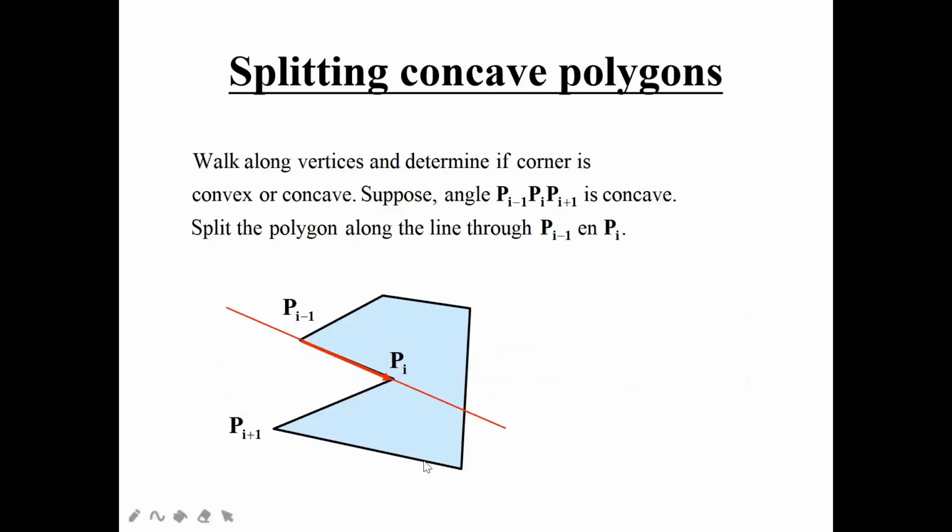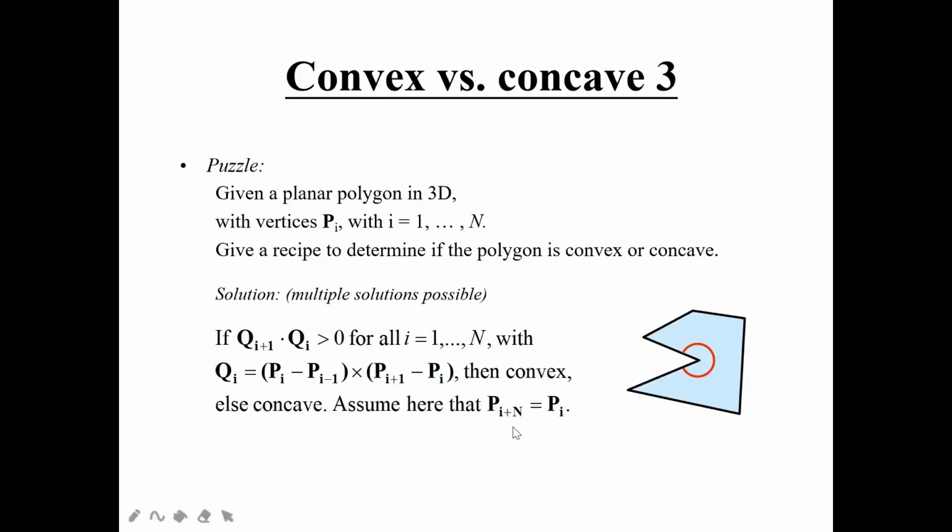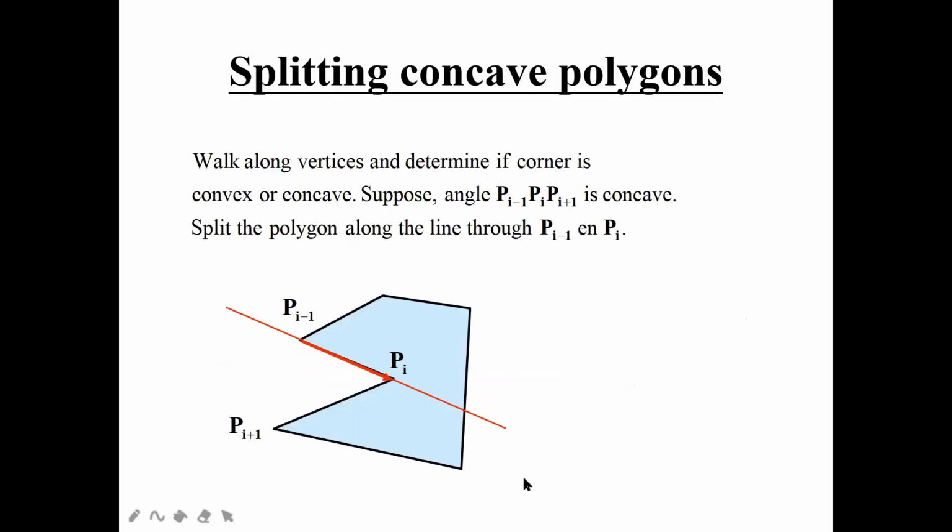Here you have to assume P of I plus N equals Pi. Okay. So all this theory part you have to write. Multiple solutions are always possible. You can see there are many varieties of solutions. You have to write the answers in this way always. In your book also you can find one more way of solutions. All the solutions will be right. There will be nothing wrong in how you define that a planar polygon is convex or concave, but you have to write the proper justification for that.